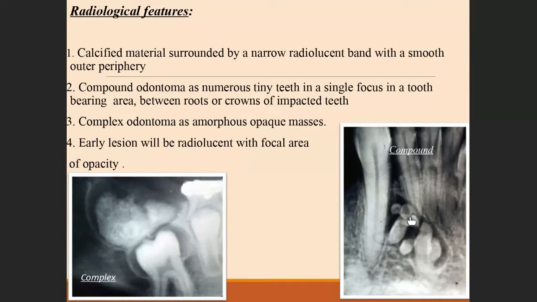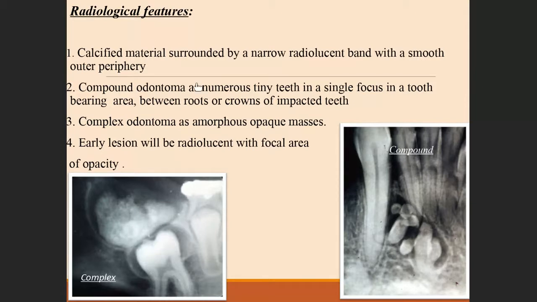And if you see clearly, they may not resemble the tooth of the normal quadrant, like a normal permanent or a deciduous tooth, but just a rudimentary tooth. You can see the enamel, the dentine, sometimes the pulp tissue, the crown and the root. So they may resemble a tooth. So, calcified material surrounded by a radiolucent rim. See here, radiolucent rim. Even in the complex, a radiopaque area surrounded by a radiolucent rim.